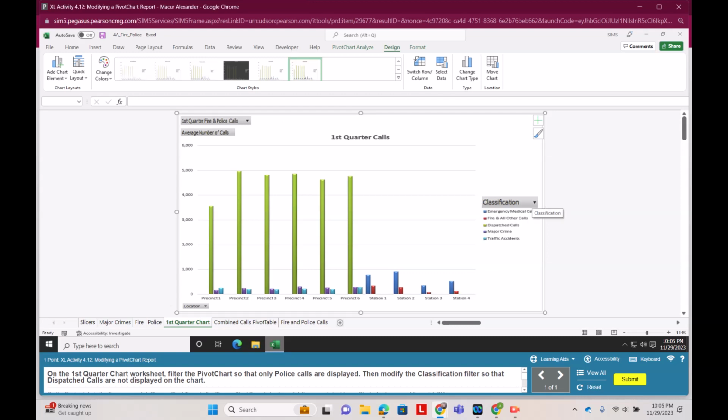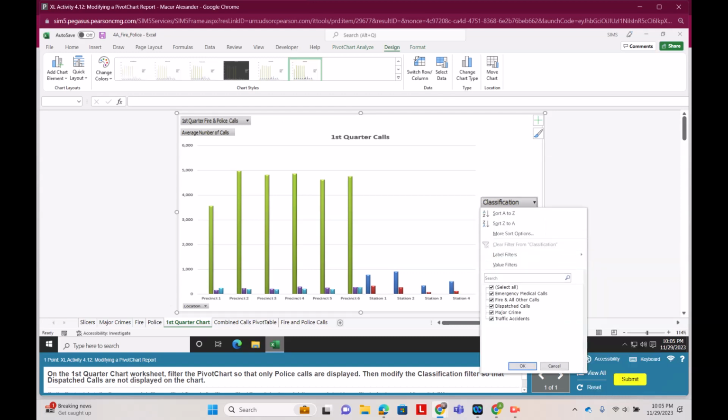So we want to filter the chart so only police calls are displayed. We go to classification, and we're going to untick select all, and we're just going to do,